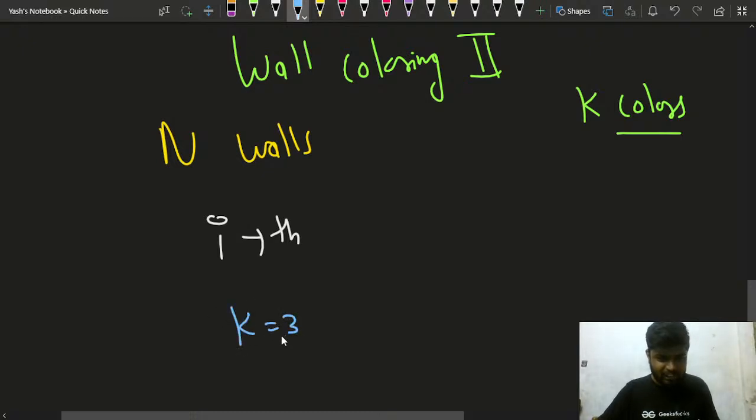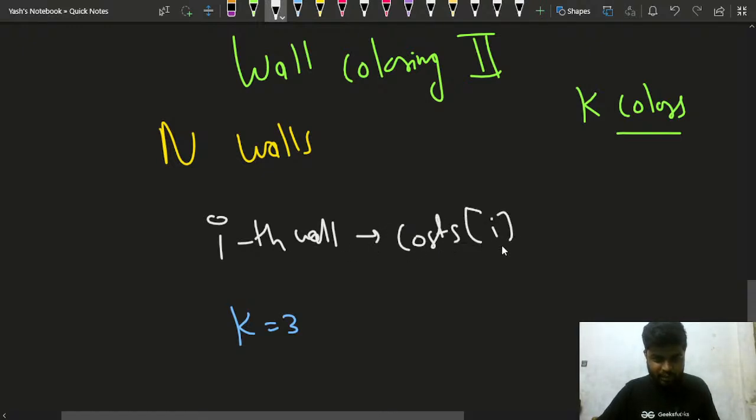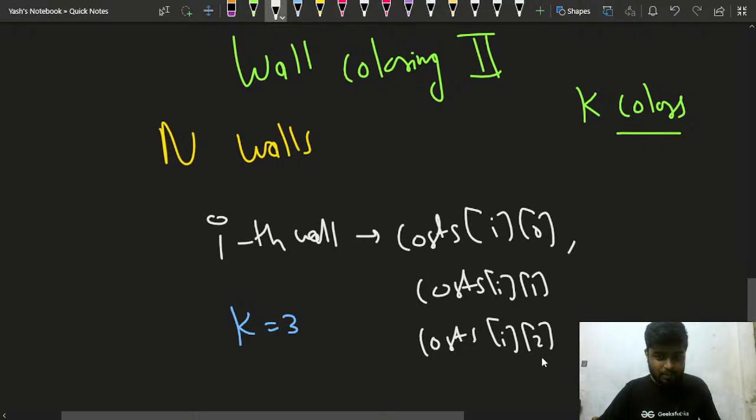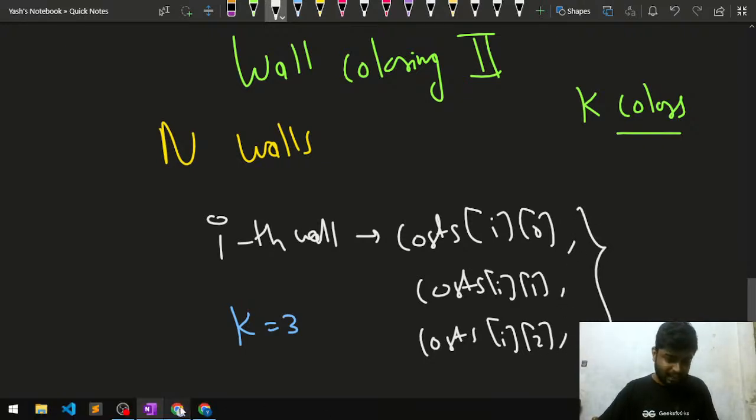So there are 3 different colors, and you will have a cost vector: cost of i0, cost of i1, and cost of i2. So there will be 3 different costs. That is what the problem says.